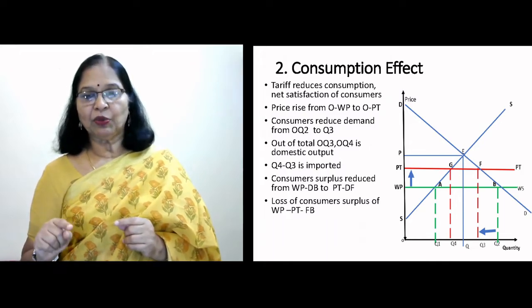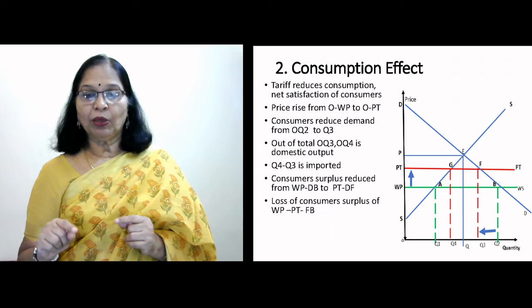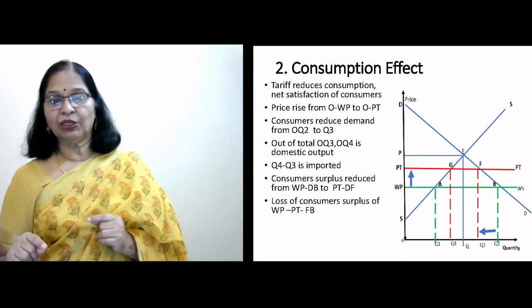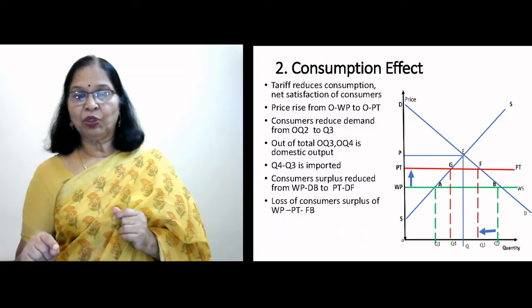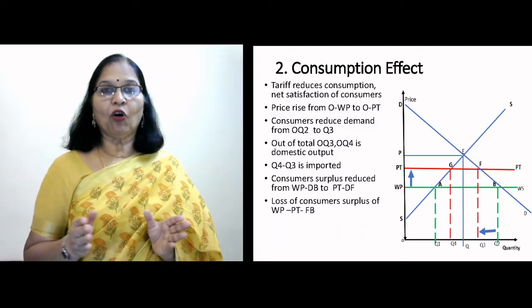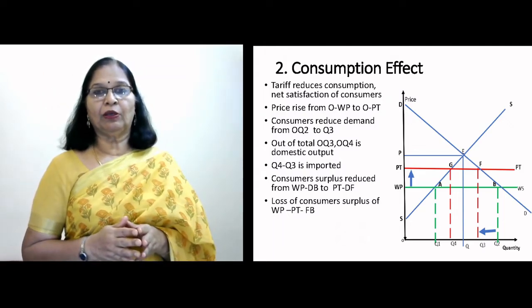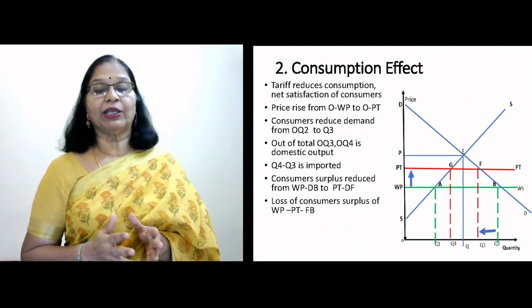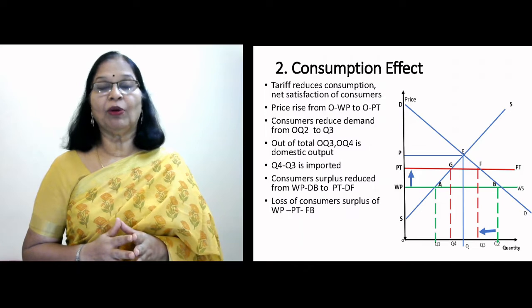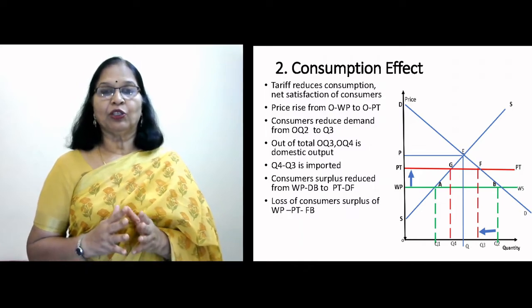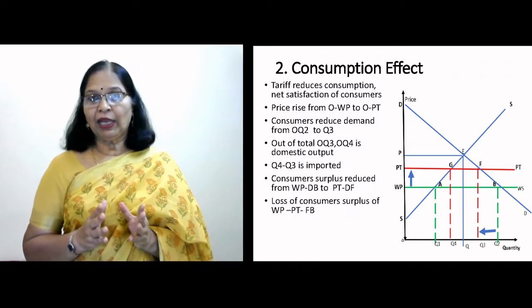How much has it reduced? The consumer will reduce the consumption by the blue arrow on the horizontal axis from Q2 to Q3. There is a fall in the consumers' demand for commodity because the price of the commodity is now at OPT and the consumer will buy less of it. So when the consumers buy less of it,